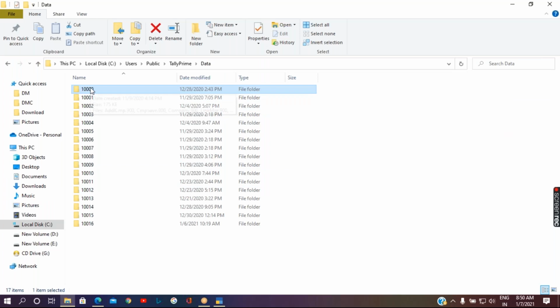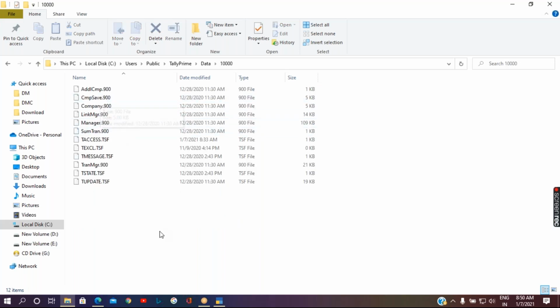Inside this Tally data folder, there should be a folder with 5-digit numbers. That is the identification of a Tally type of data. Once you go inside this folder, if it is empty, then it will not work in Tally.